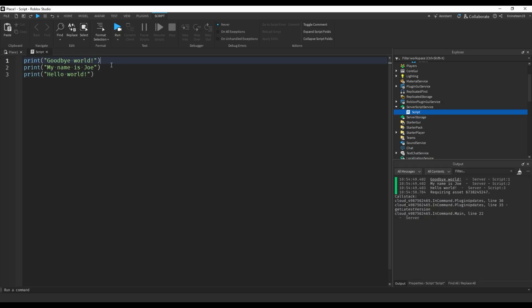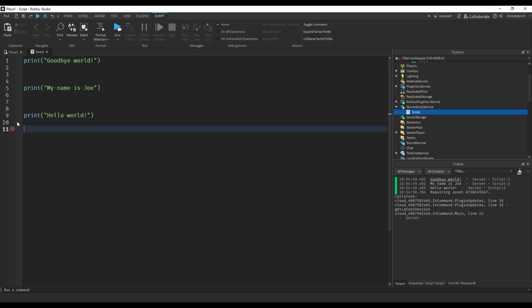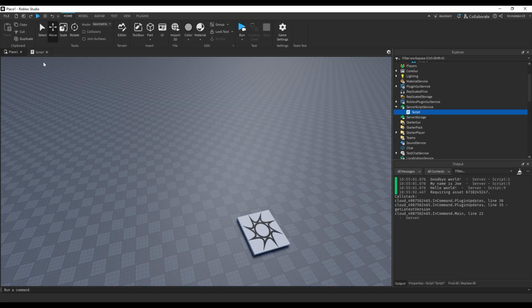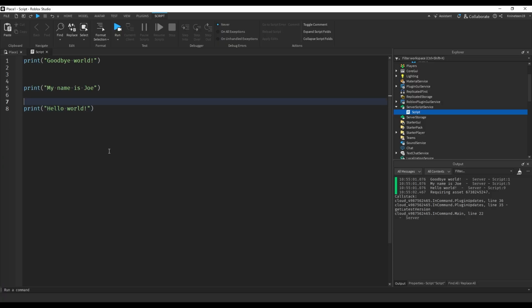Another thing to note is that empty lines don't do anything. You can have empty lines, and they're just ignored. You can use that for organizing your code and making it look nice. And then another thing to note,